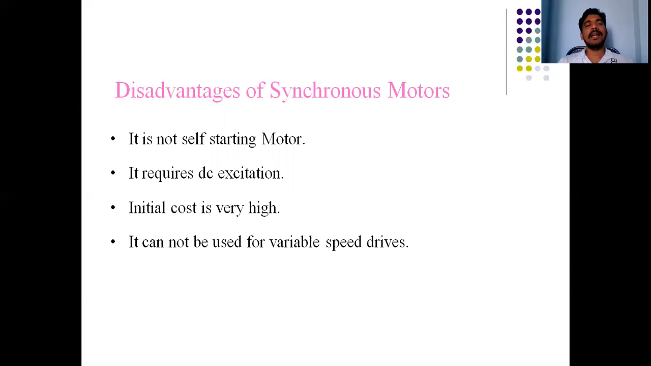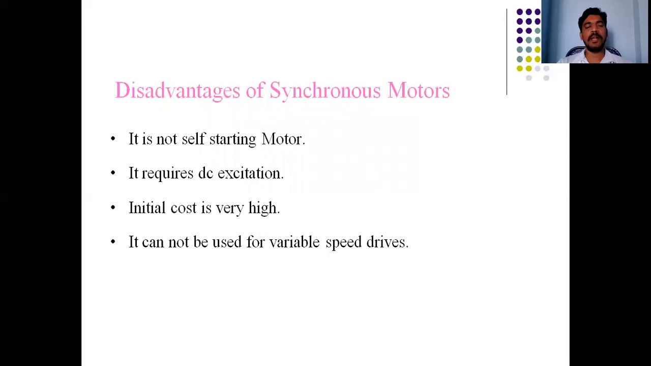And it is a doubly excited machine. It requires DC supply and AC supply. Doubly excited machine means it needs AC supply as well as DC supply. And the initial cost is very high because it needs two supplies,